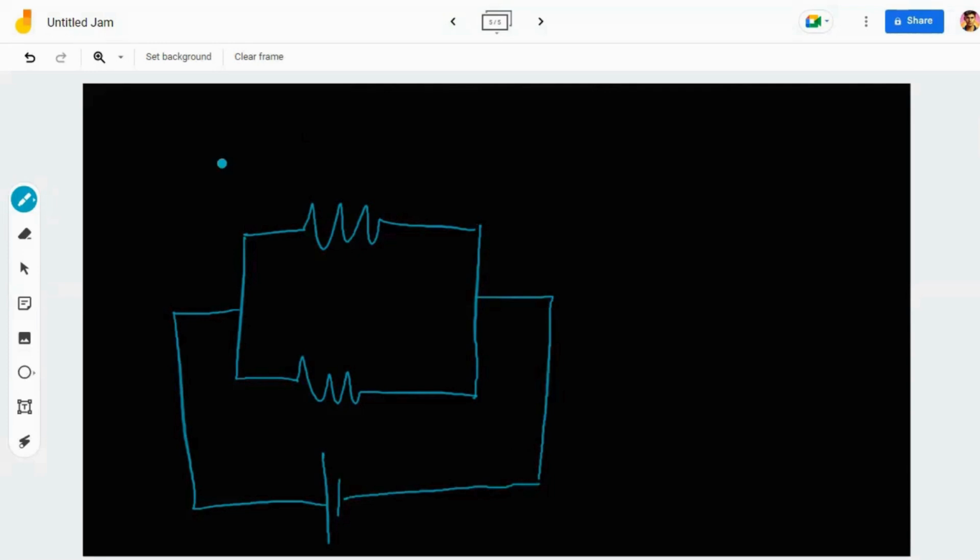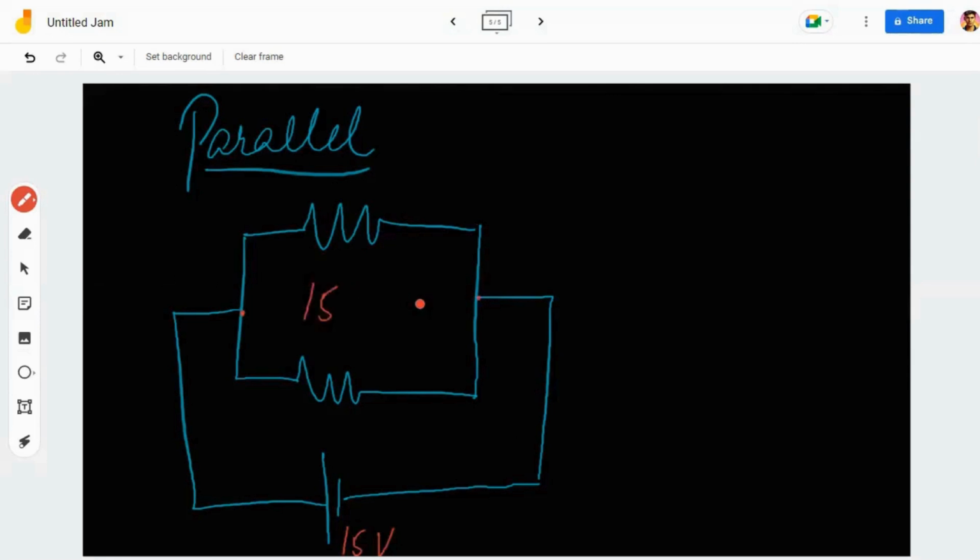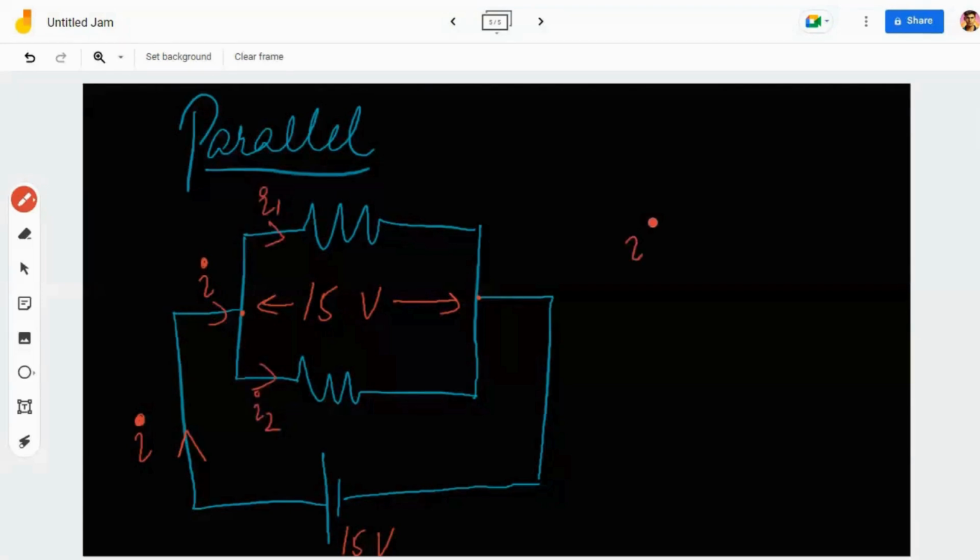What happens in parallel? The potential difference remains the same. For example, if this is 15 volts here, the potential difference remains 15 volts, but the current splits up. This I splits up into two parts. You can call them I1, I2, and then you can write I is equal to